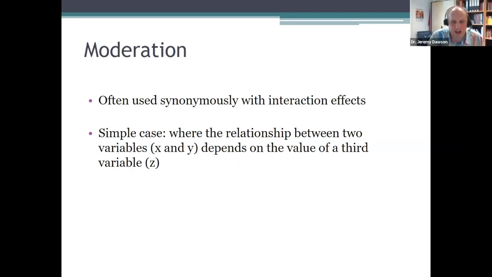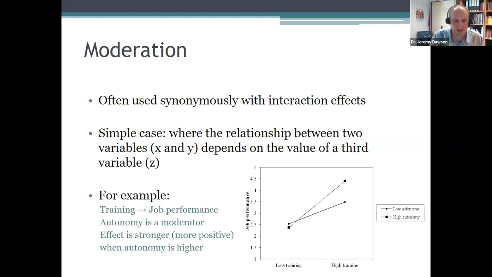Whereas an interaction effect more generally doesn't necessarily rely on some underlying relationship between two variables. It's just about how two predictor variables interact with each other. But most of the time, we do rely on theories where there is a relationship between two variables which depends on the value of a third variable, z, in the simple case. So in the example you see on the screen now,